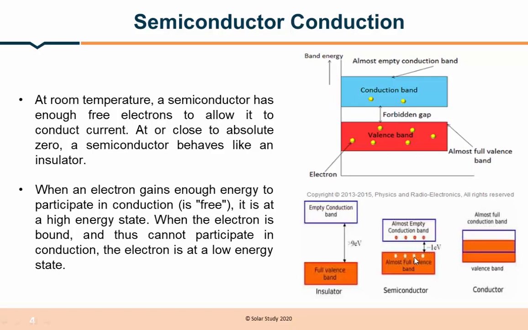In a semiconductor, the valence band and conduction band are very close to each other. The energy gap is about 1 electron volt. In a conductor, the conduction band and valence band overlap each other, so in a conductor it is very easy for current to flow, due to higher temperature or any other case. So we have to concentrate on the semiconductor. Why? Because when there is no temperature, it acts as an insulator. When there is temperature, it acts as a conductor.